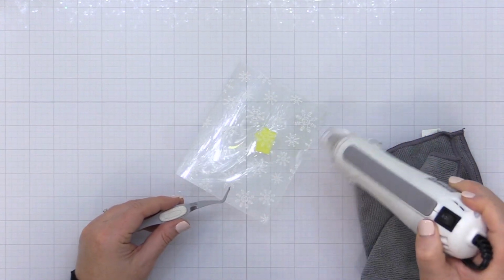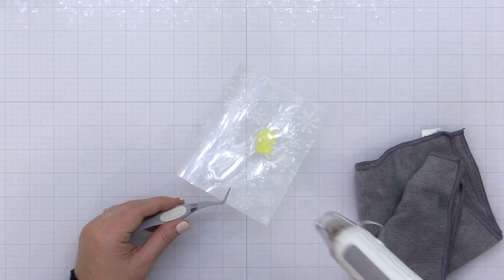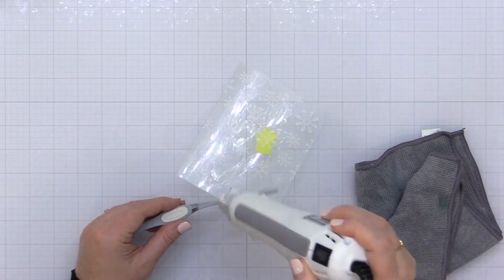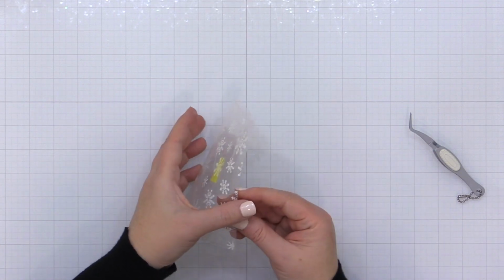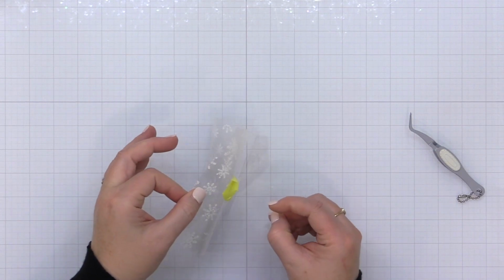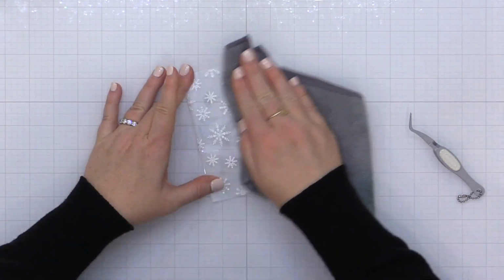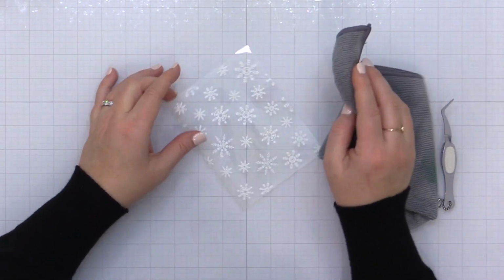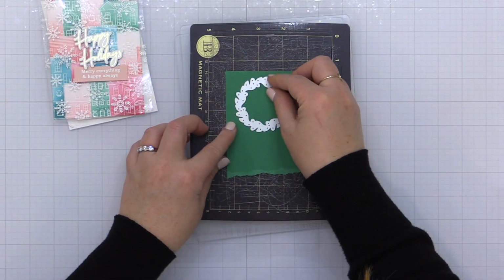I knocked off the excess and now I'm heat setting that. But look at how I'm doing this. I am heating and then pulling my heat tool away just in short bursts. And it does take a little while longer to heat emboss like this, but it really minimizes the warping, especially on this acetate. Now I can wipe away the excess powder tool with my microfiber cloth,